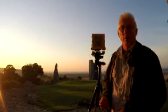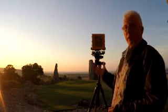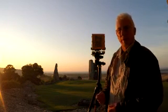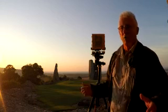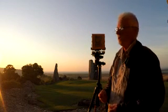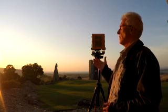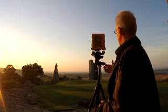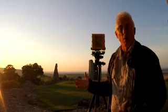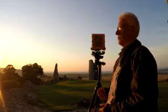I've exposed one plate already, just now. I'm using Ektar 100 because this particular scene, the dynamic range is too much for Velvia, which is only about 4 stops, but Ektar, as long as you expose to the highlights, should be okay for this. I exposed at 1 second, the meter reading was 0.5 seconds, but I'm using a polarizer, which I know adds 1 stop to the exposure, so I exposed it at 1 second to take into account